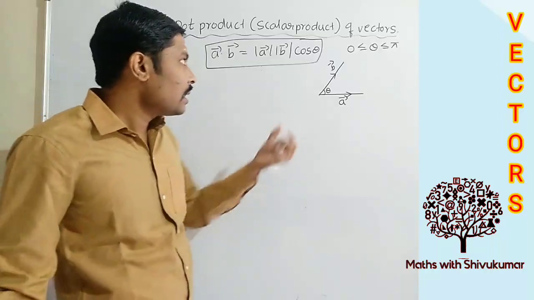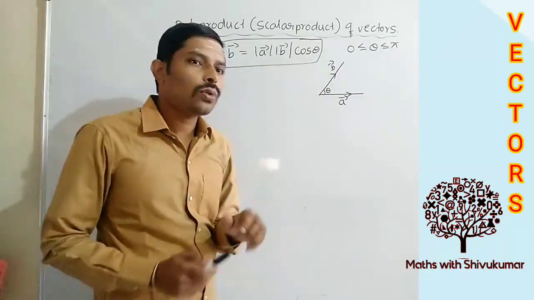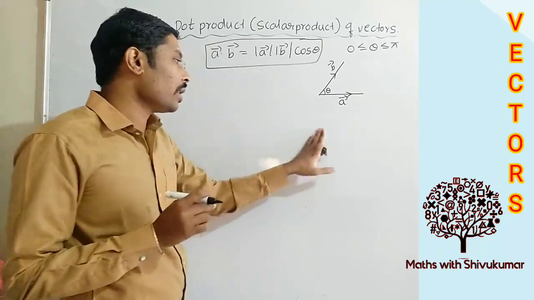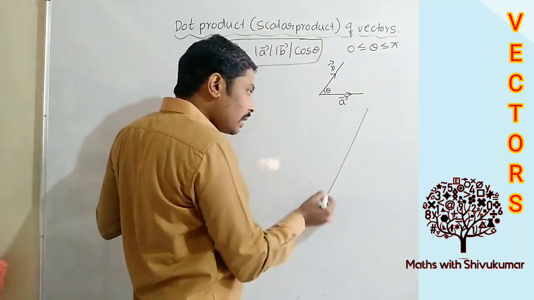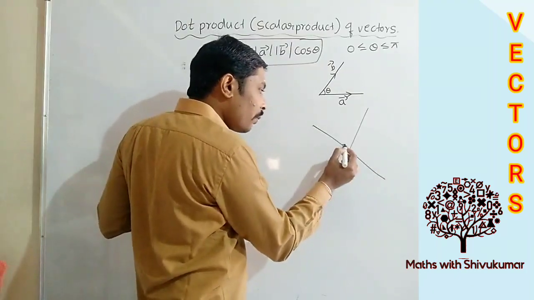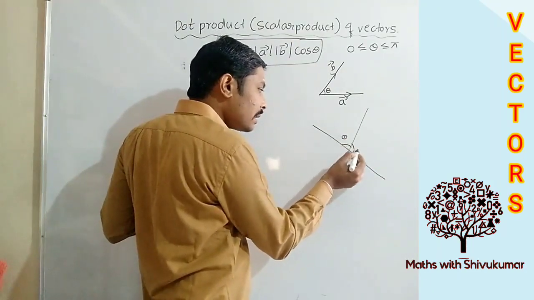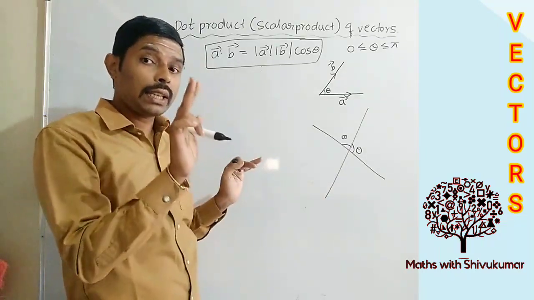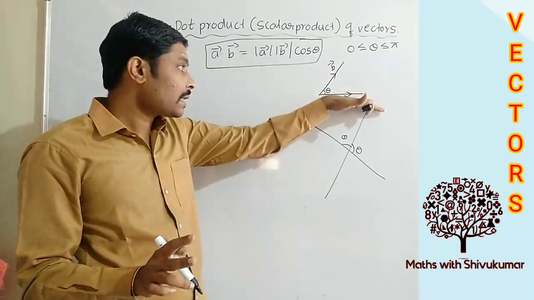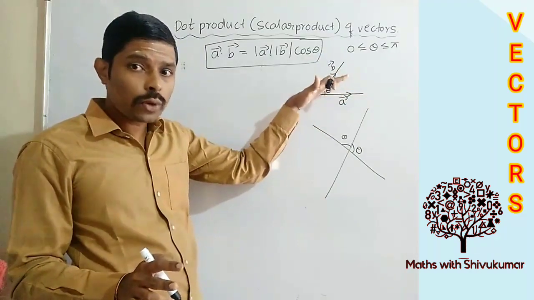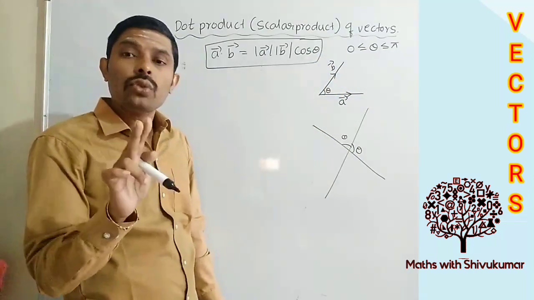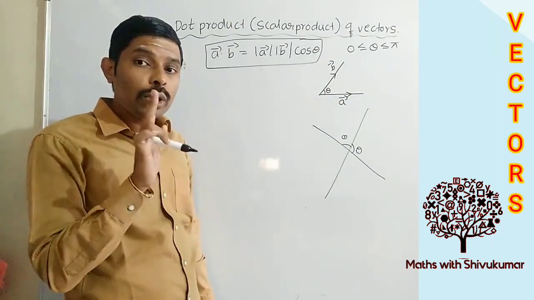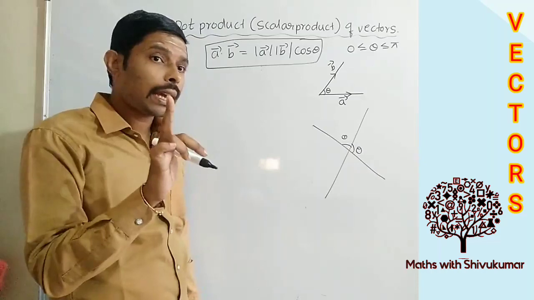So the thing is, sir, why theta value lies between 0 to pi? Students, you can observe one thing. Suppose two lines are there intersecting, we can find this is also theta, this is also theta. But when two vectors are there, it is not x-axis, it is not y-axis, these two are the vectors. Between any two vectors, there is only one angle. Between two vectors, there is only one angle.